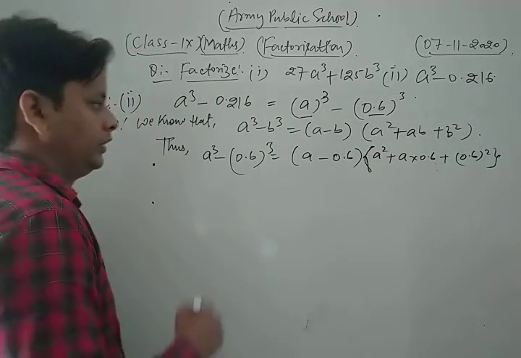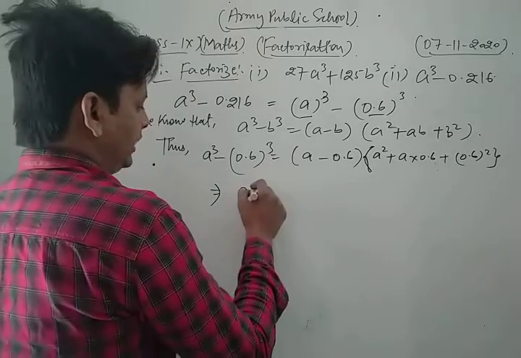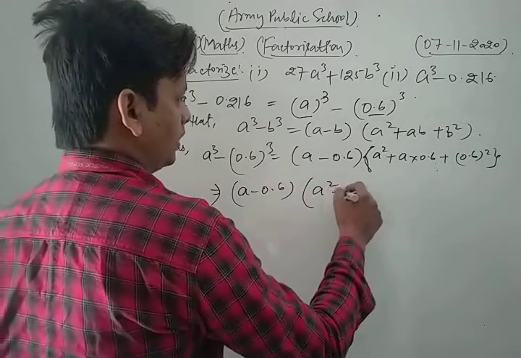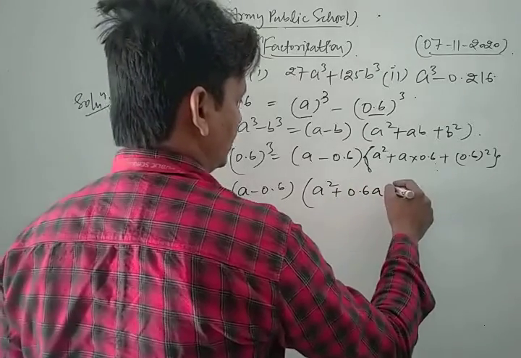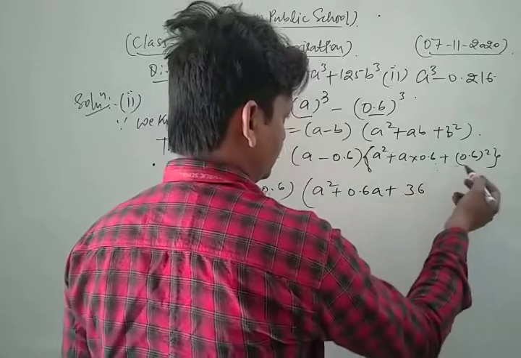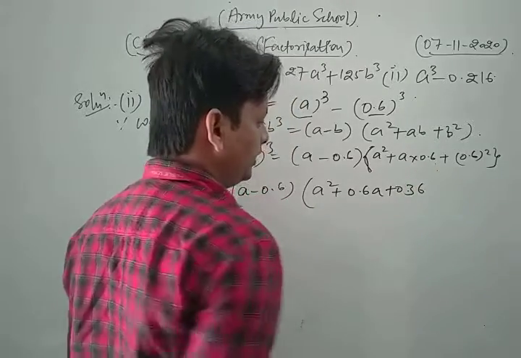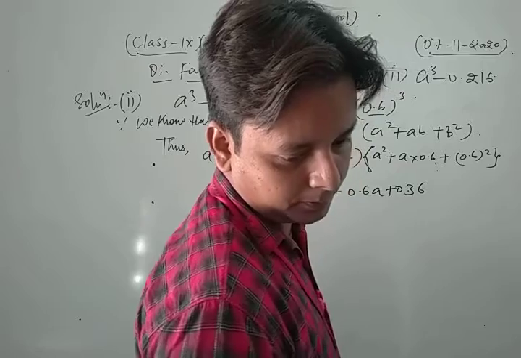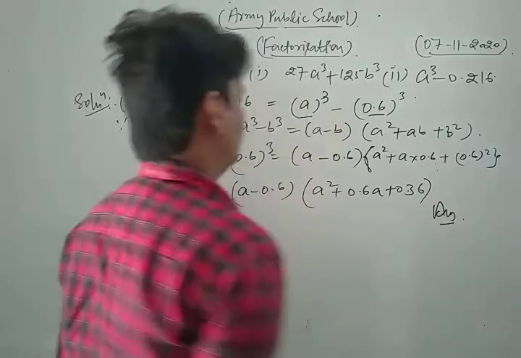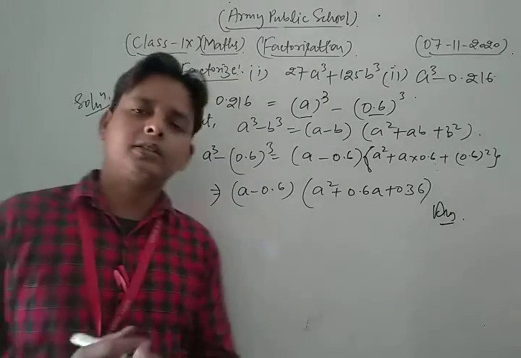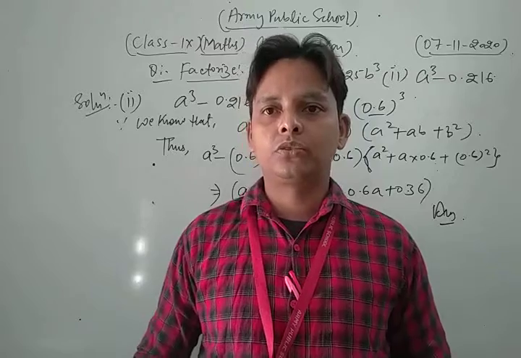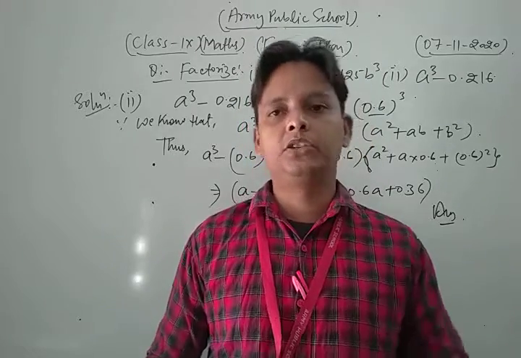Okay. Now what do I do? Now let's see. We simplify them. We get a minus 0.6 in one bracket, and in another bracket a square plus 0.6a plus 6 sixes are 36, and the decimal takes 2 places left. This is 0.36. This is our required solution of the given question. Okay. Thus, dear students, in this way you can solve each and every question of your NCERT exercise based on